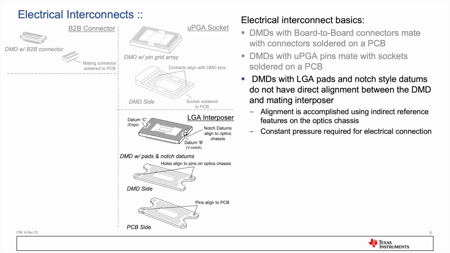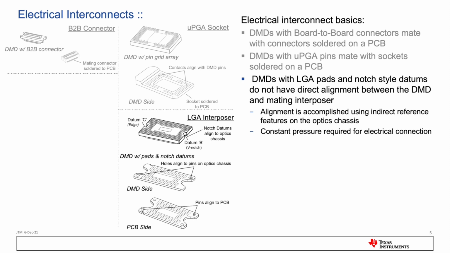DMDs with LGA pads and open notch style datums do not have direct alignment between the DMD and the mating interposer. Alignment is accomplished using indirect reference features. The DMD is aligned to the optics chassis and then the interposer is aligned to the optics chassis. It is important when mounting a DMD with an LGA interconnect to always maintain uniform pressure to ensure a good